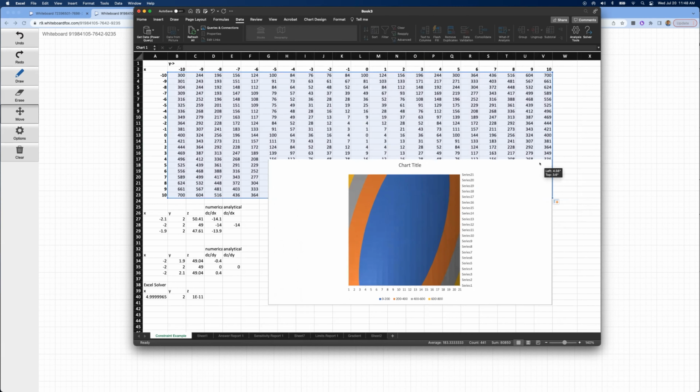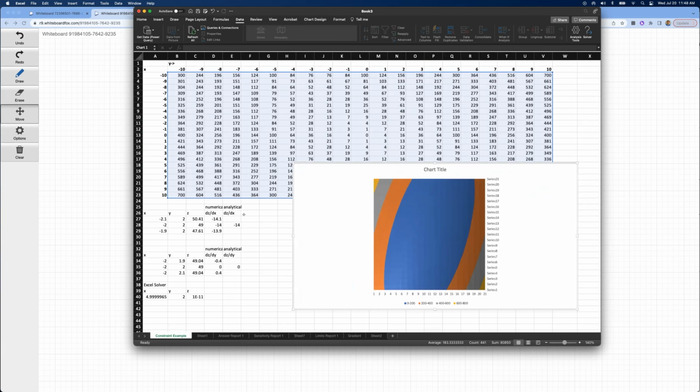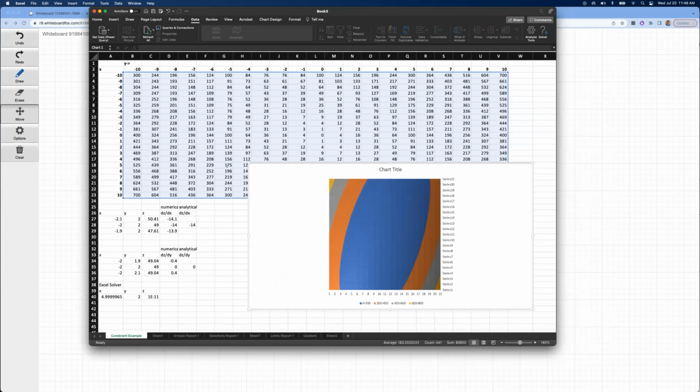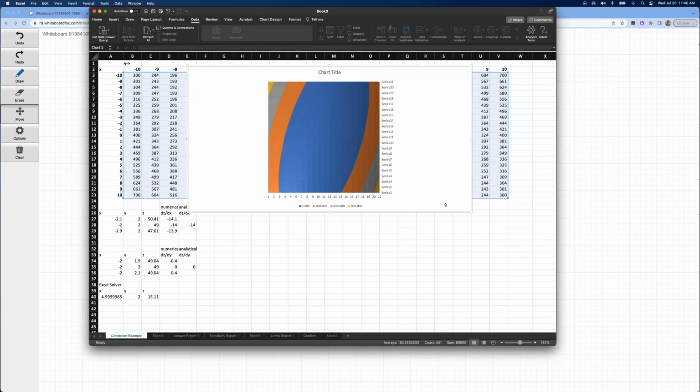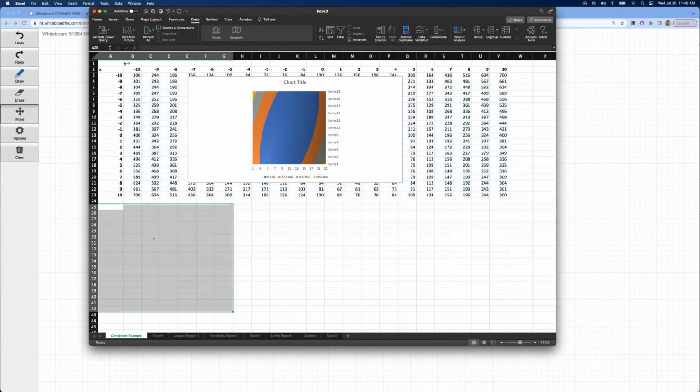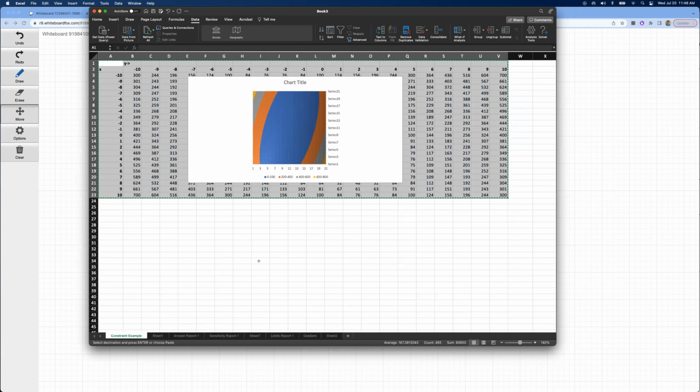All right, so there's a visualization again of the design space. I'm just leaving that plot there. But now let's actually try to visualize what this constraint looks like. This is x plus y. We need that to be greater than 1, right? So I'm going to add another. I'm just going to scale this down, and we can delete all of this. This is previous stuff. I'm just going to try to visualize what that constraint would look like.